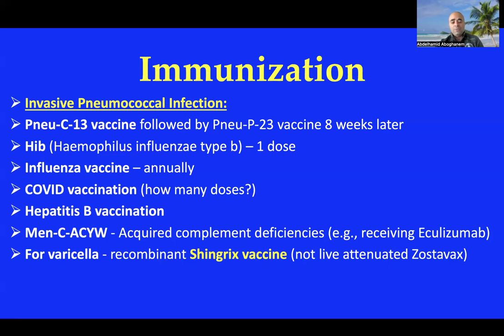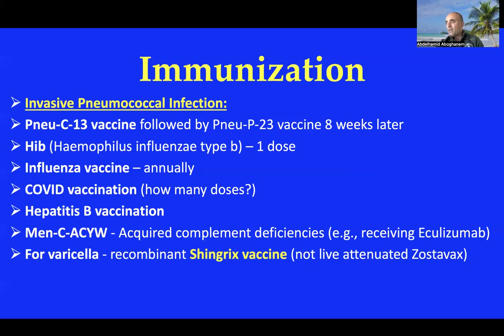Hepatitis B vaccination: the hepatitis B immunity level should be above 100. Not just above 10 like the normal population, it should be above 100. Any patient on dialysis should be hepatitis B immunized. Hepatitis B surface antibody should be above 100 during dialysis while you are working on the kidney transplant workup for your patient.